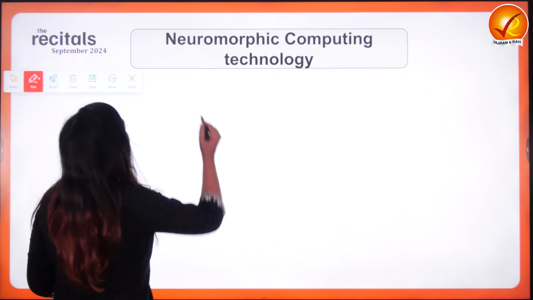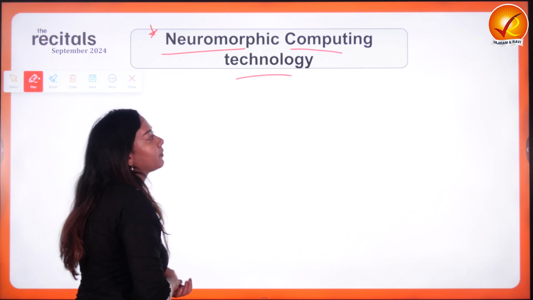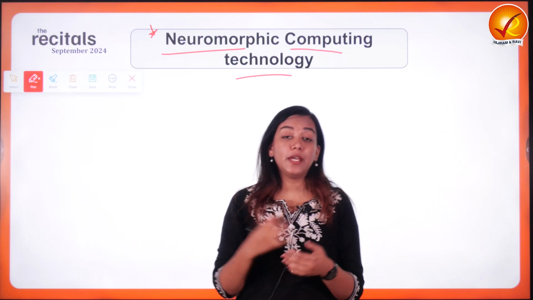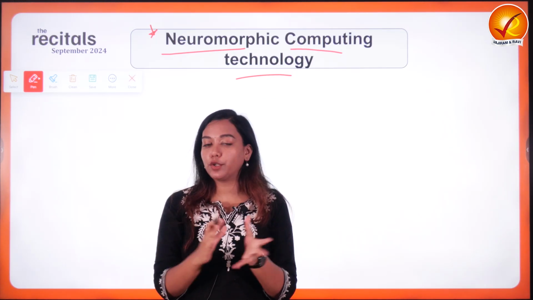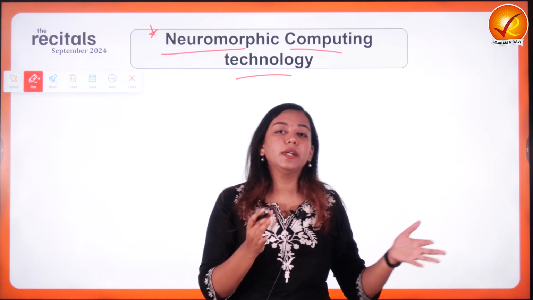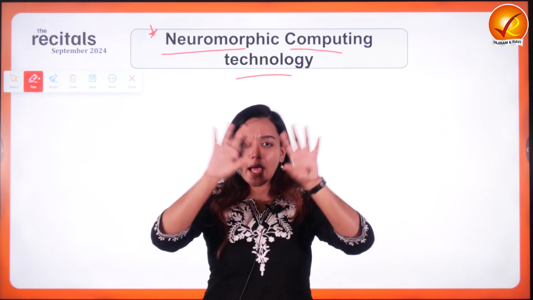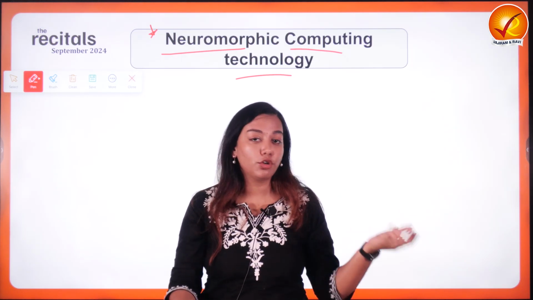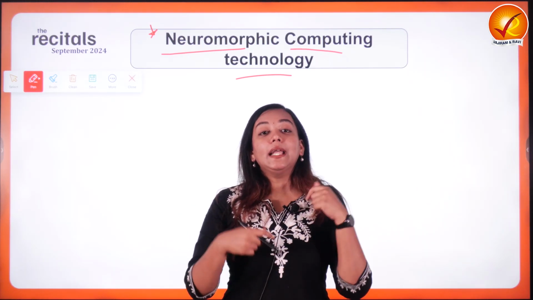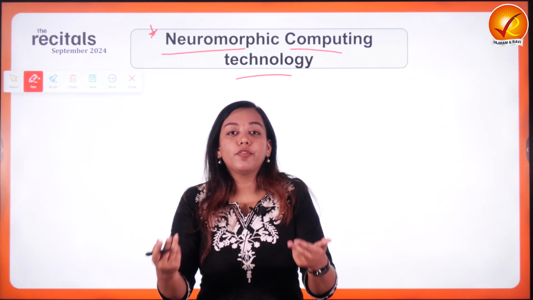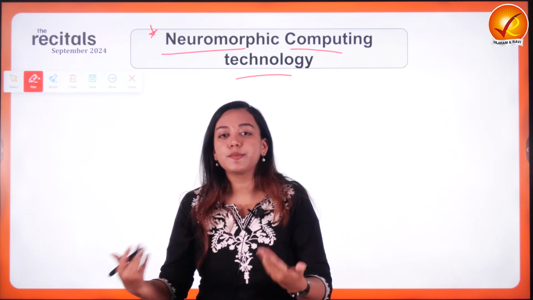Now the next topic is another upcoming emerging technology, neuromorphic computing. We know that there are various emerging branches of computer science. The latest one, which tries to mimic human intelligence, is artificial intelligence. If it is able to replicate the broader aspects of human intelligence, that technology is known as artificial general intelligence. But intelligence is just a byproduct of how our brain works. Our brain is able to do many more activities than just performing intelligence.